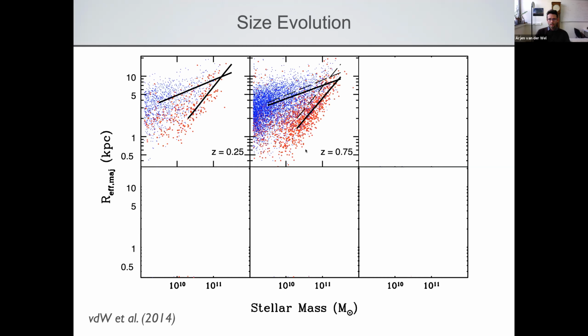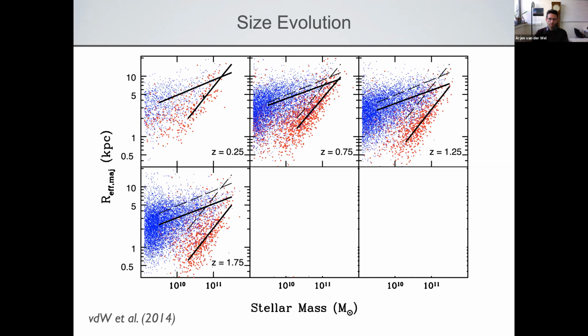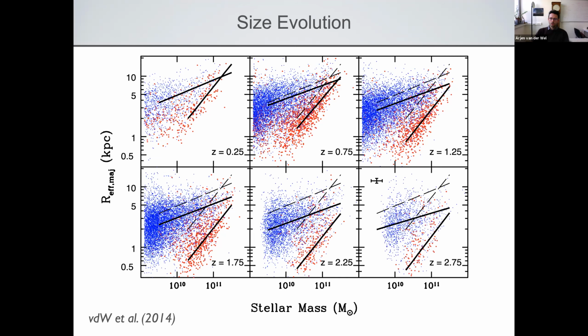If you then go to higher redshift, you see the same trends. Now I have more galaxies, it's a dense beam survey, so I have many more galaxies at high redshift. And again, a fit to the populations, and the dashed lines are the same as these for reference. So if we then keep going to higher redshift, you see how things change in some ways and things don't change in other ways. What we see is that all galaxies are smaller at high redshift, most notably the quiescent